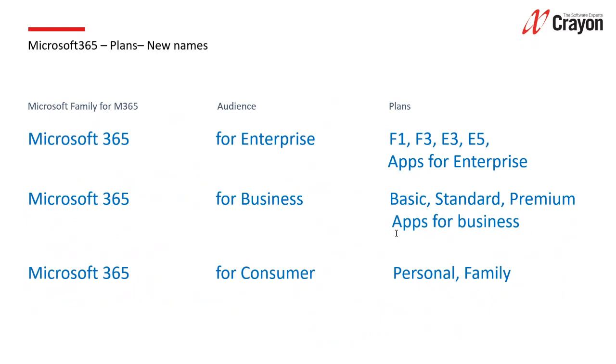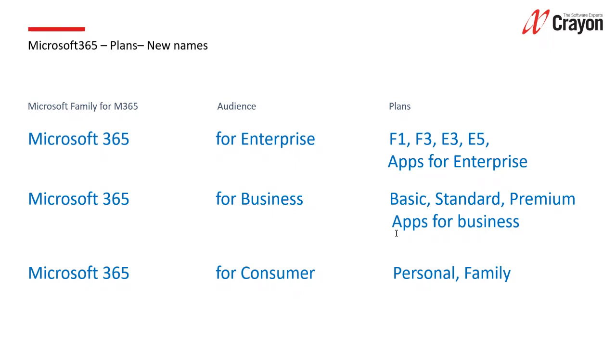So as you can see, Microsoft splits the family of the product M365 into 3 layers, sorted by audience: for enterprise, for business, and for consumers. These classifications refer to the size of the company, but also to the complexity of solutions that their business